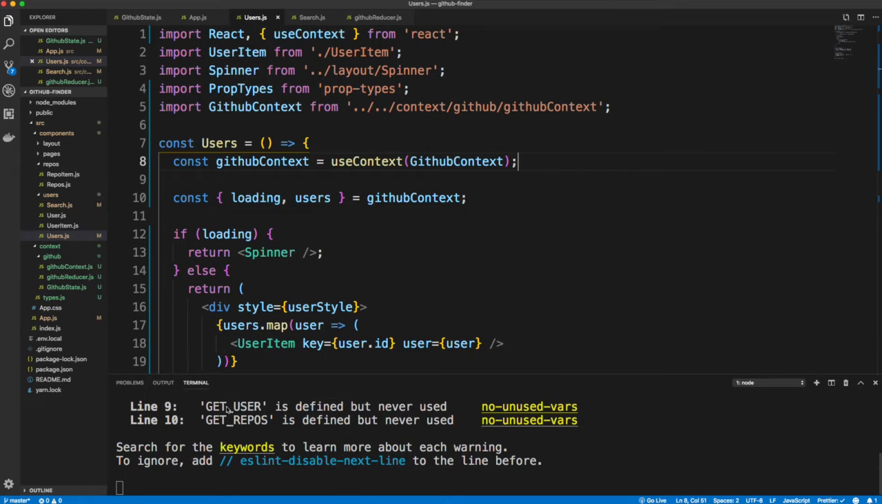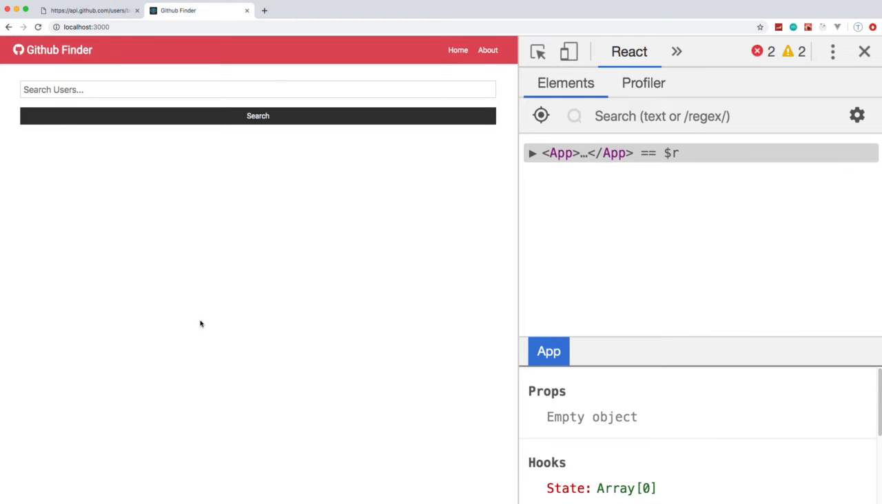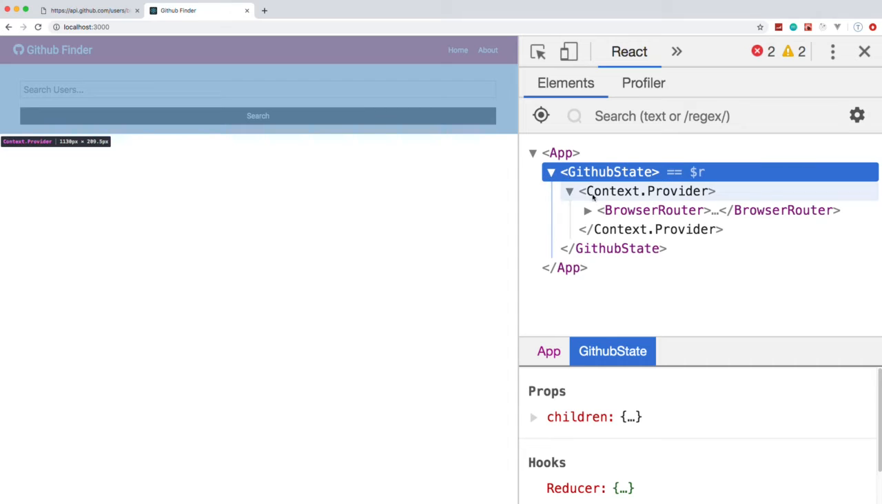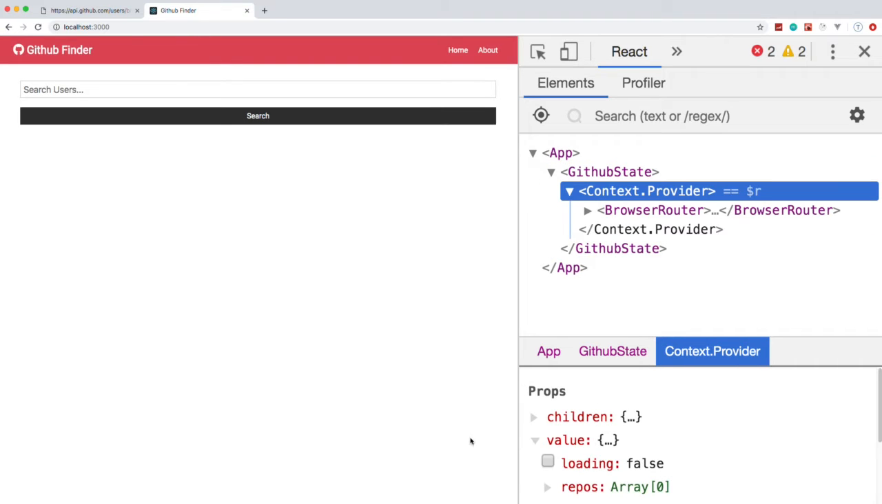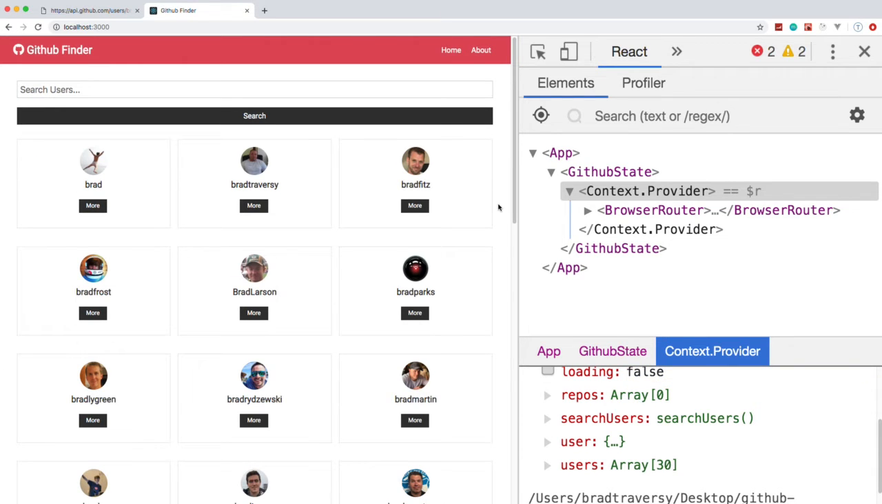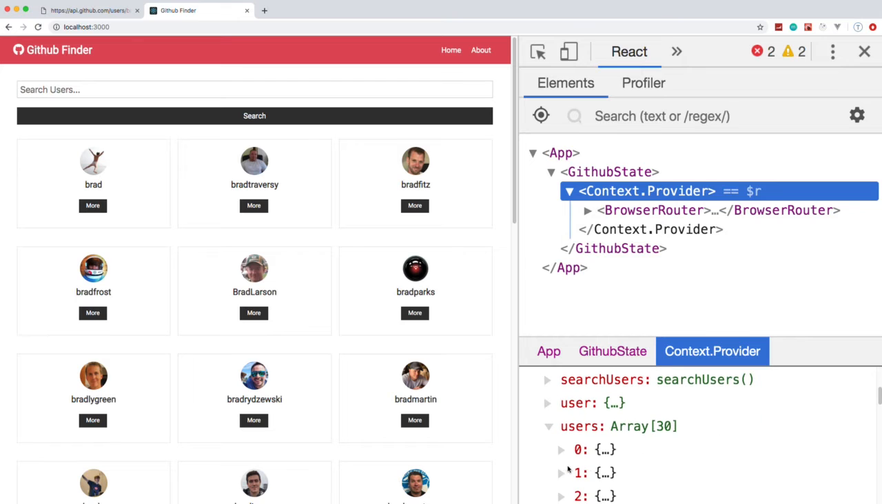Good. Don't worry about these warnings. It's just saying we haven't used these yet. So let's go back, and now this should actually show the users from the app level state, from right here. Okay. So right now it's empty, but let's go ahead and fire this off. And there we go. So now it's coming from our app level state. It's coming from here and no longer coming from